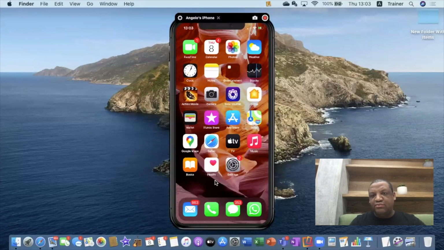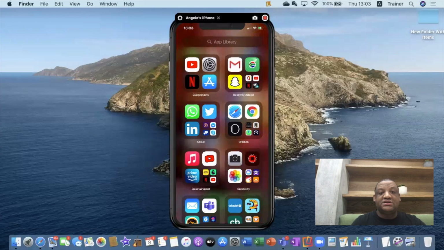So this doesn't mean that your pages of apps have been deleted. It's just hidden, okay? You can still access it, because if you swipe right to the end, it will take you to what they call your App Library. Now all of your apps are sorted by iOS in its own categories, and you will see certain apps, like, say for instance, I